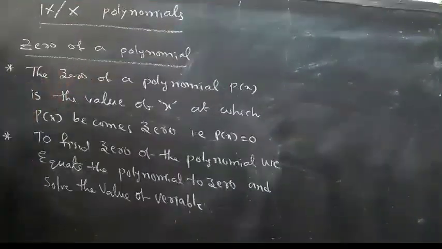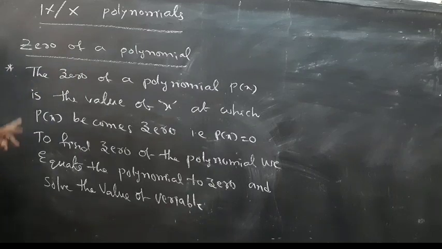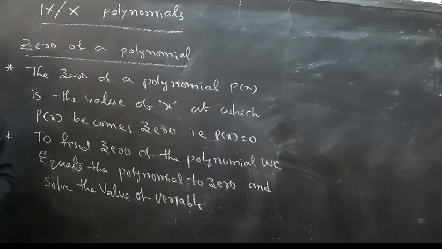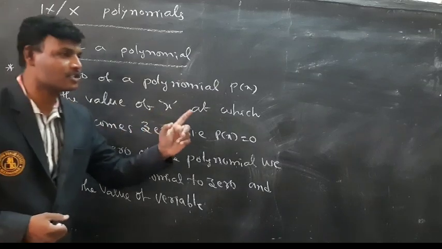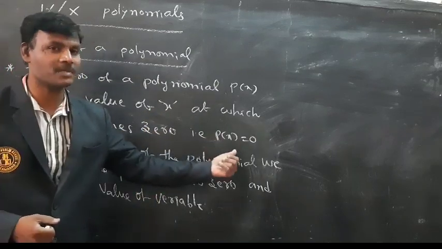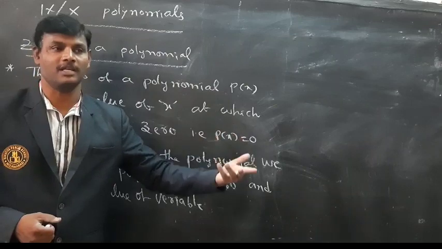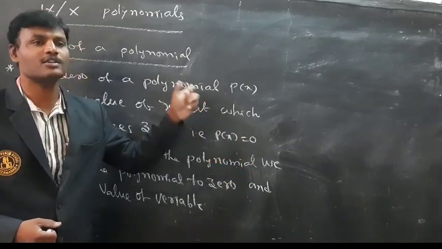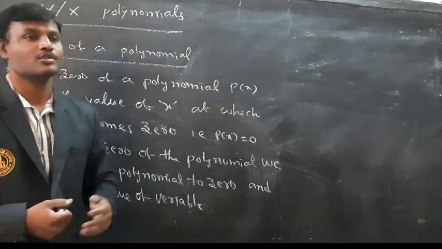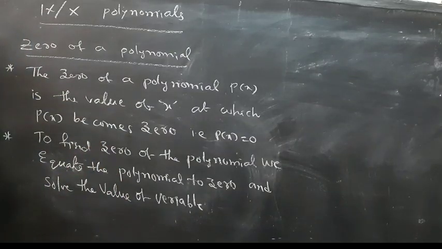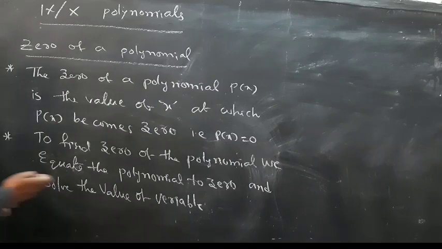The zero of a polynomial p of x is the value of x at which p of x becomes zero. It means if p of x is equal to 0, where p of x means polynomial in variable x, then x is called the zero of the given polynomial. So to find the zero of the given polynomial, we have to equate the polynomial to zero. For example,